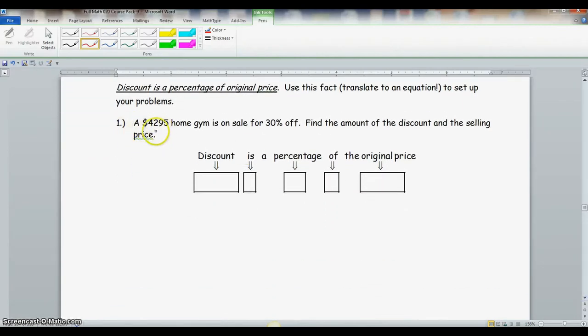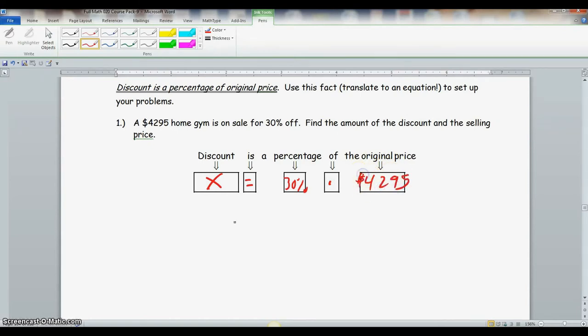Now, we have a $4,295 home gym on sale for 30% off. Find the amount of the discount and the selling price. We don't know what the discount is, so that's X. Is means equal. A percentage, we know we add 30%. Of means multiplication, and the original price is